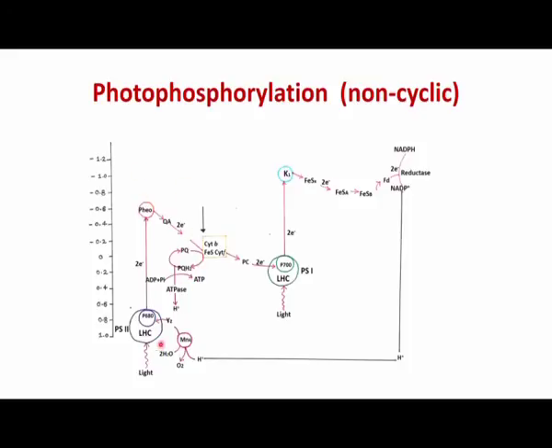And because of the specific electron donor mechanism, this kind of non-cyclic photophosphorylation is also called the Z scheme